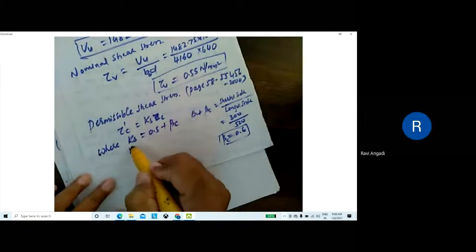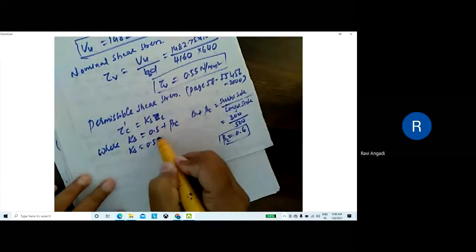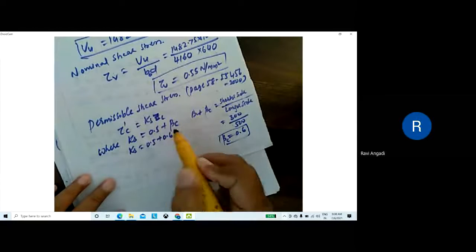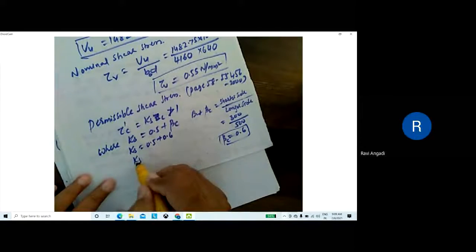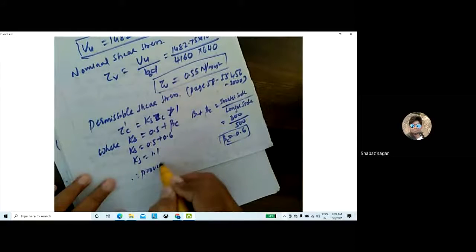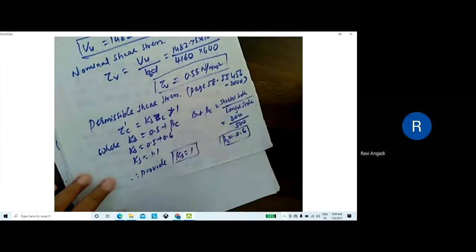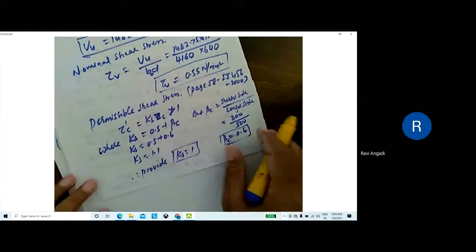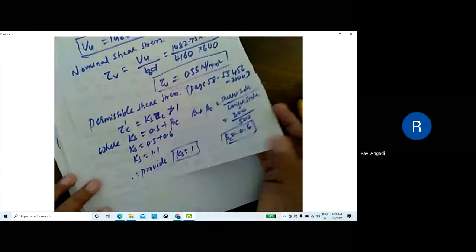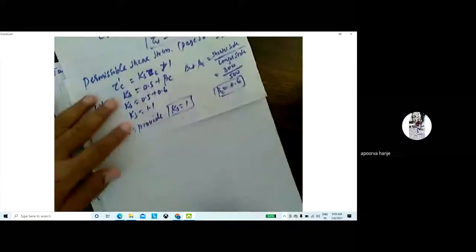Then calculate Ks: 0.5 plus 0.6 is 1.1. But this should not be greater than 1 as per the code, so provide 1. If you get less than 1, take that value, but if more than 1, take 1.